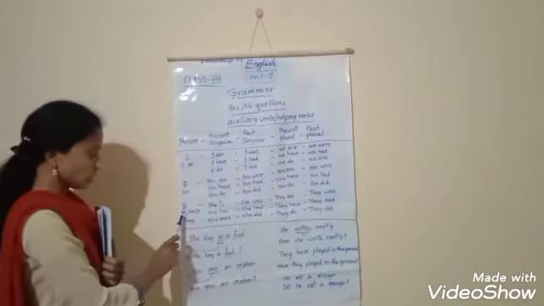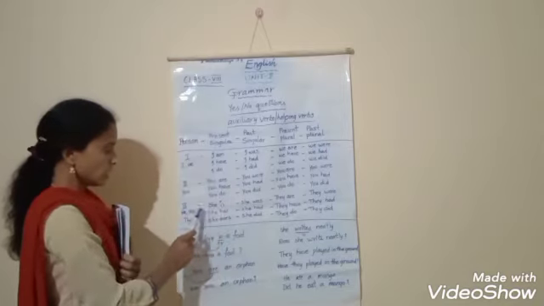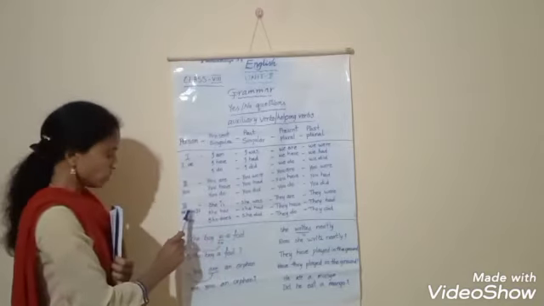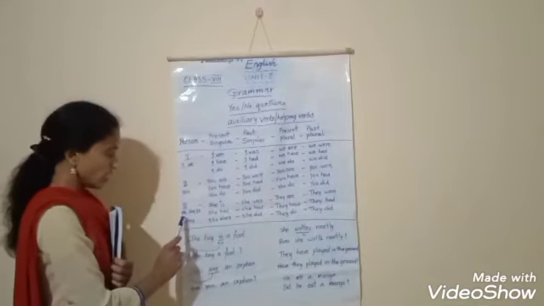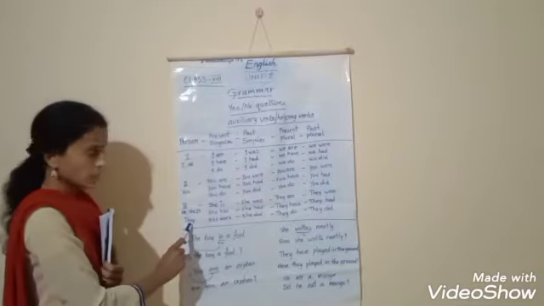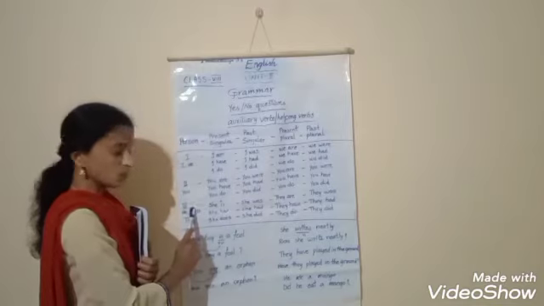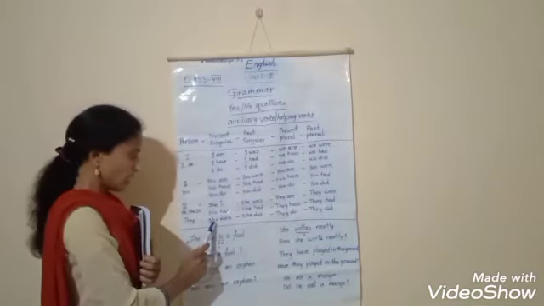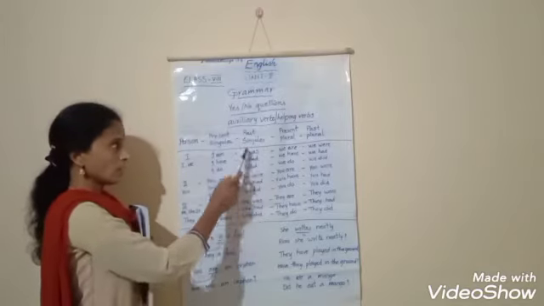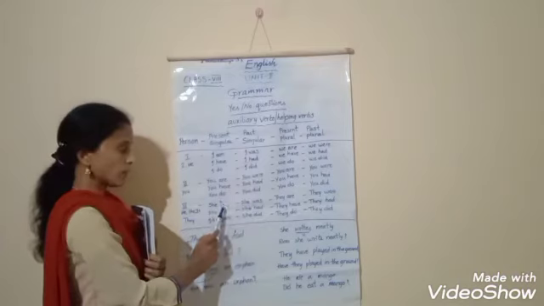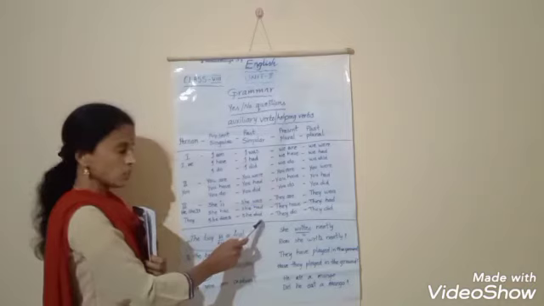And coming to the third person, he, she, it and they. So here the third person singular is he, she, it, and third person plural is they. Yes, she is. She has. Here the have form we should use for the third person singular only has. And the do form also we should use only does. She does. And past singular we use, the past of is was. Past of has, had. Past of does, did.